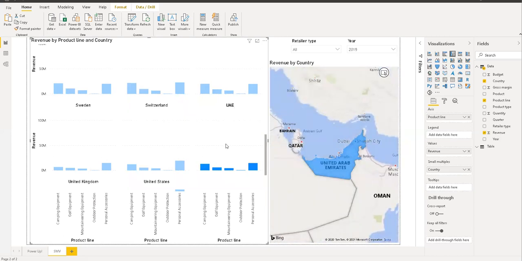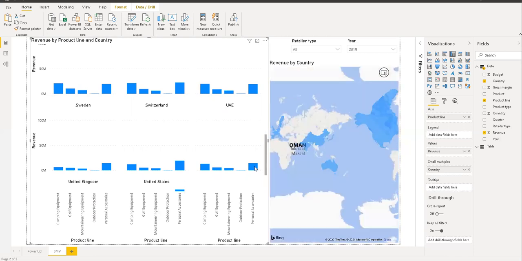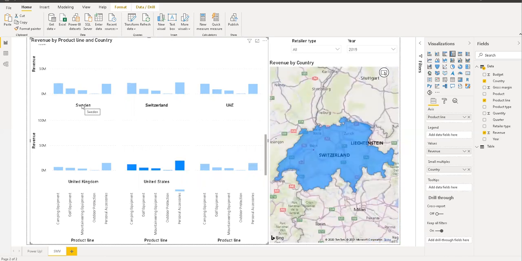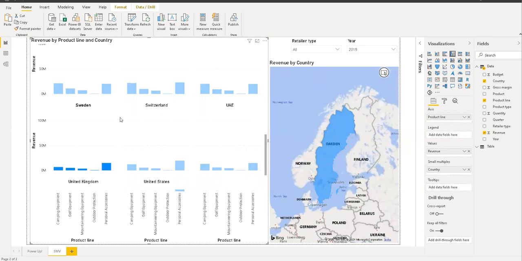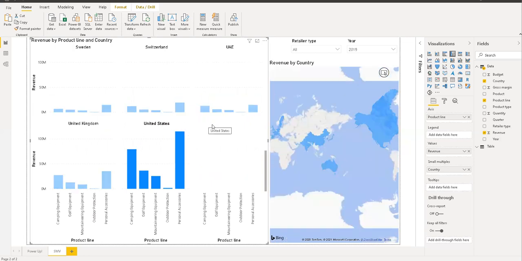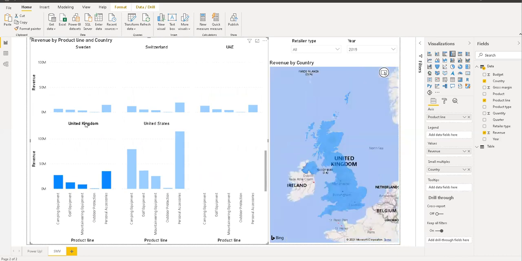So everything is at your fingertips, and the management would be very happy that the visuals are in front of them. Then you can go over here, any product you want to select, and it will give you the impact of whatever it is showing. So Switzerland, product wise, product line wise or country wise data, all the information. If you select Sweden and United States, it gives you the whole information for the United States. If I select it over here, and then UK. So I hope you like it.